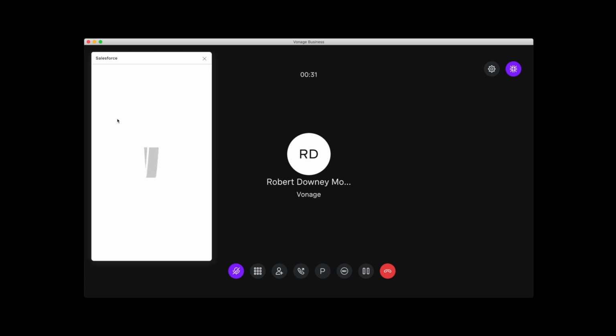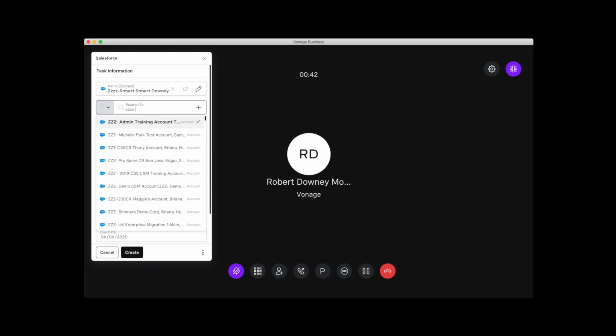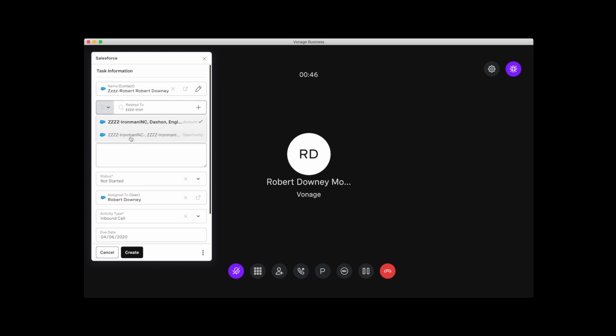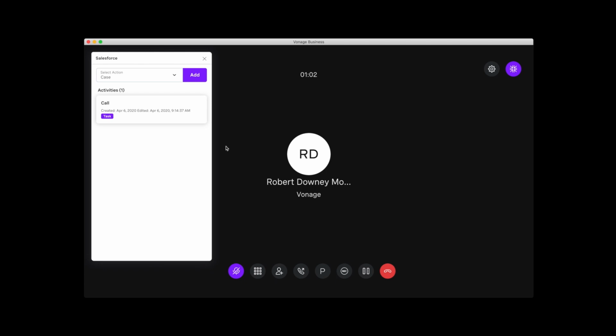So in this case, if I want to look at Salesforce and I want to create a task, it will automatically pop up my template, and I can capture any additional information that I want to during the course of this call. And I can simply mark it as a test and hit create. This will store the note in the Vonage Integration Platform servers, but it will also display inside of the Vonage Business Communications desktop app, rather than having to go into a separate connector like Google Chrome.